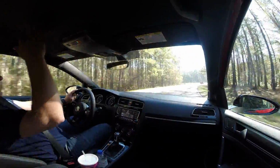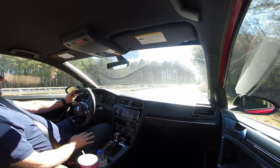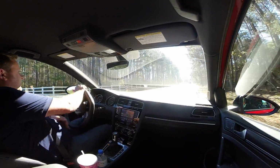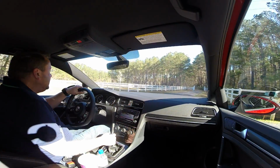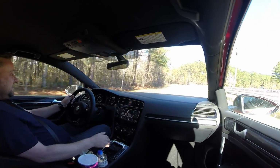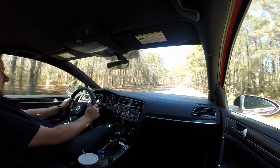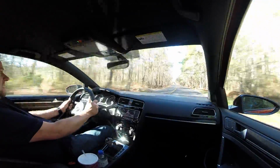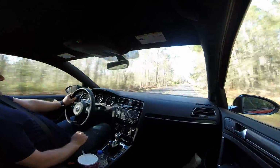Some other things we're missing are like the moonroof from one of the most loaded Golf Rs, like with the DCC, the drive control system, and the double clutch and navigation. So that is one other thing we're missing, but overall, the Golf is outstanding, even without those luxury goodies, and much cheaper. It's about $3 or $4 thousand down versus the Golf Rs before. So that's significant savings, and something you'll really appreciate if the previous Golf R was a little bit out of your budget. So let's talk about the 6-speed